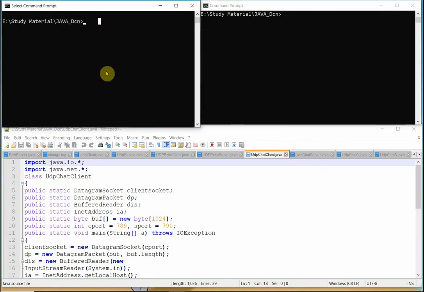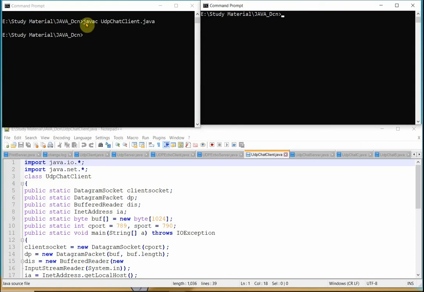Here we will compile the client side, javac UDP chat client.java. Okay, it has compiled successfully. I will run the server side here.